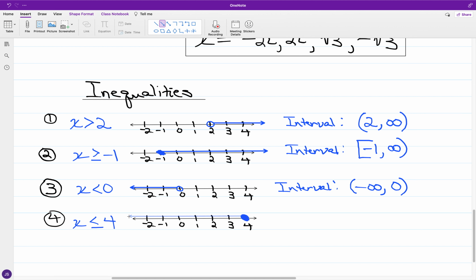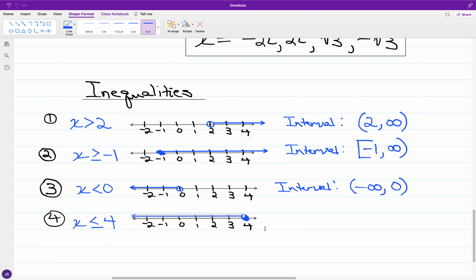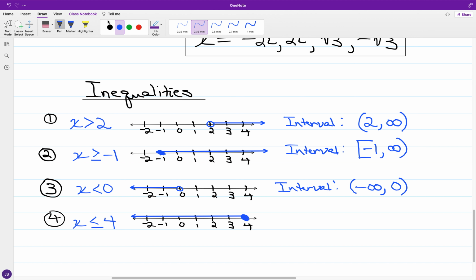This time, once again, the rest of the values will be less than 4, and so we'll have a ray going continuously to the left. And for the interval notation,